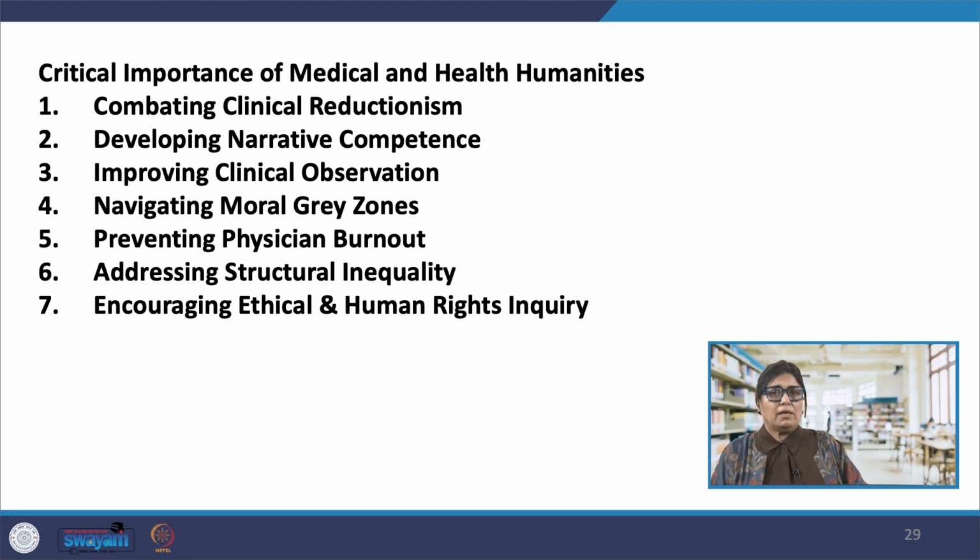They help in addressing structural inequality. By studying history and sociology, health professionals realize that a patient's health is not just about bad choices. It is often dictated by structural determinants like zip code, historical racism, or poverty, which requires a more compassionate, advocacy